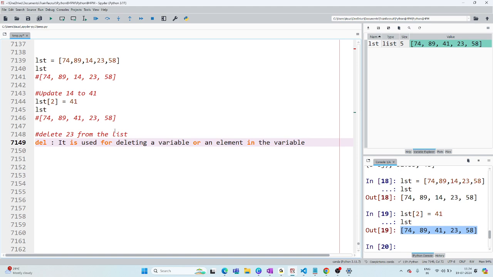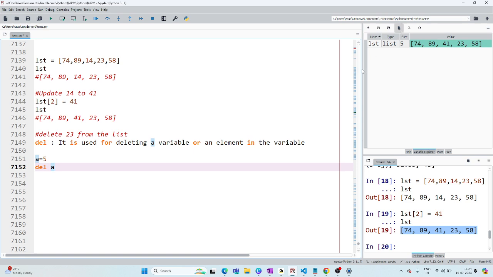It might clear a variable completely, or it might clear an element in the variable. Two things here. First, let us go for an example. Let's say a is equal to 5. Now I will say del of a.